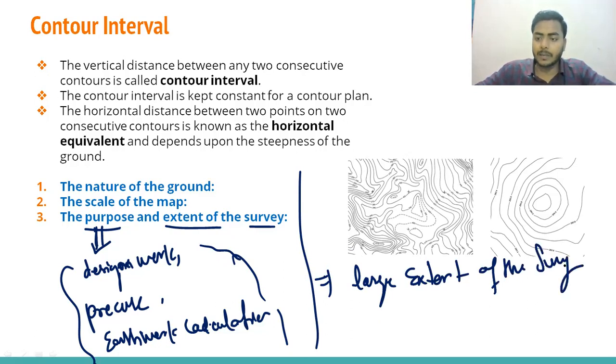where even if a small mistake happens, it doesn't matter, right? So in that case, you will say, like a reservoir, and some large survey is going on, where we require much less accuracy compared to the previous one. In that case, you can take a large contour interval also. So that depends upon the purpose we have.